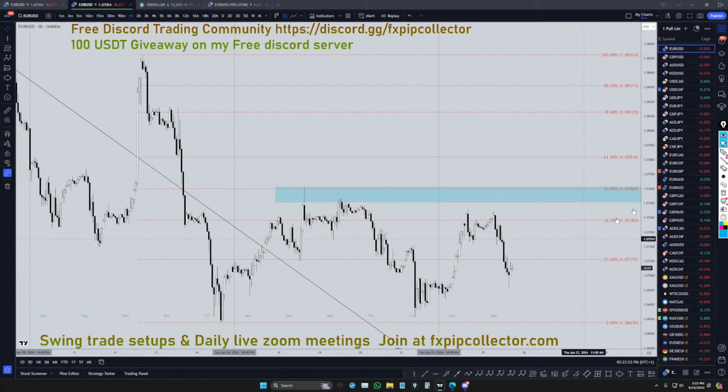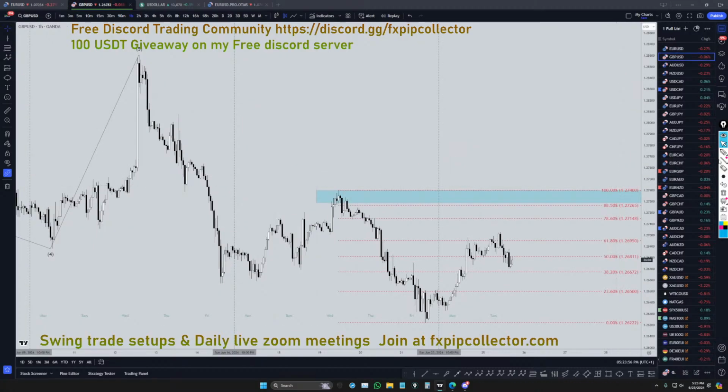Same thing on the pound dollar. I mean, they both look like a